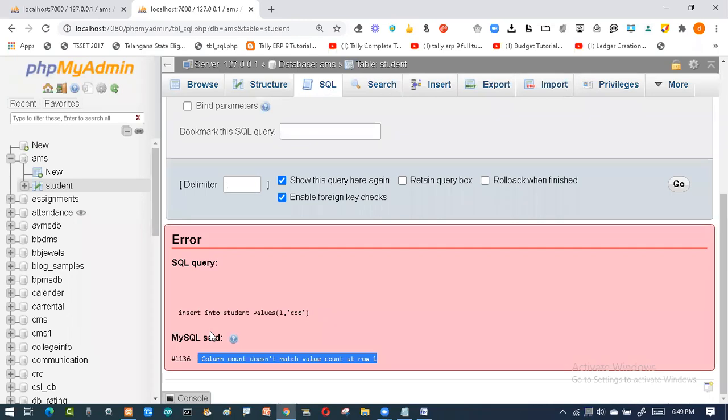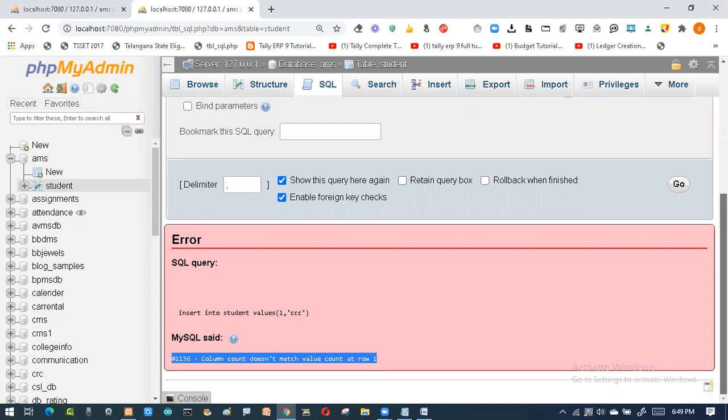Note down the errors, because in real time, when you go for a viva or interview, they will ask, do you know RDBMS, do you know DBMS, do you know MySQL? Then tell me, if you do like this, what is the error? You should be in a position to give the answer. So try to commit the mistakes, because that is how I learned this. The more mistakes you make, the more experience you will gain.